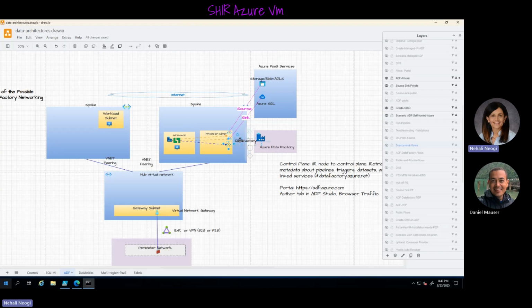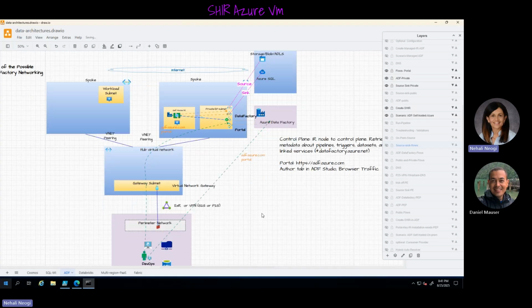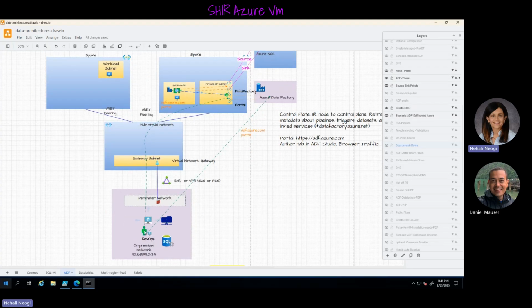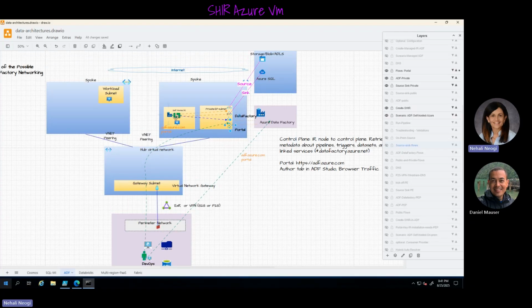Notice it's the Data Factory, the control plane. So blue is control plane. And then the flows: an on-prem user would be able to access this privately as well as publicly, but private will be available. And the integration runtime will talk to the Data Factory control plane privately. Okay, so given all of these private endpoints are in place,